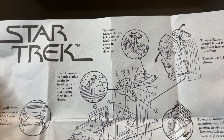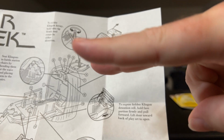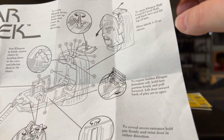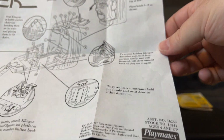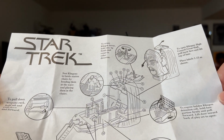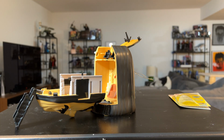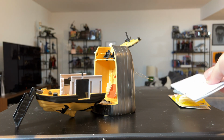You can bend them at the waist and place them in the chairs, but their feet are going to stick out like that. So, I mean, I don't think their knees work. Okay, hidden cell. I mean, that's pretty much it. Fold down the stairway to provide access. Pull down the weapons rack. Yeah, that's it. So this is the Klingon battle station